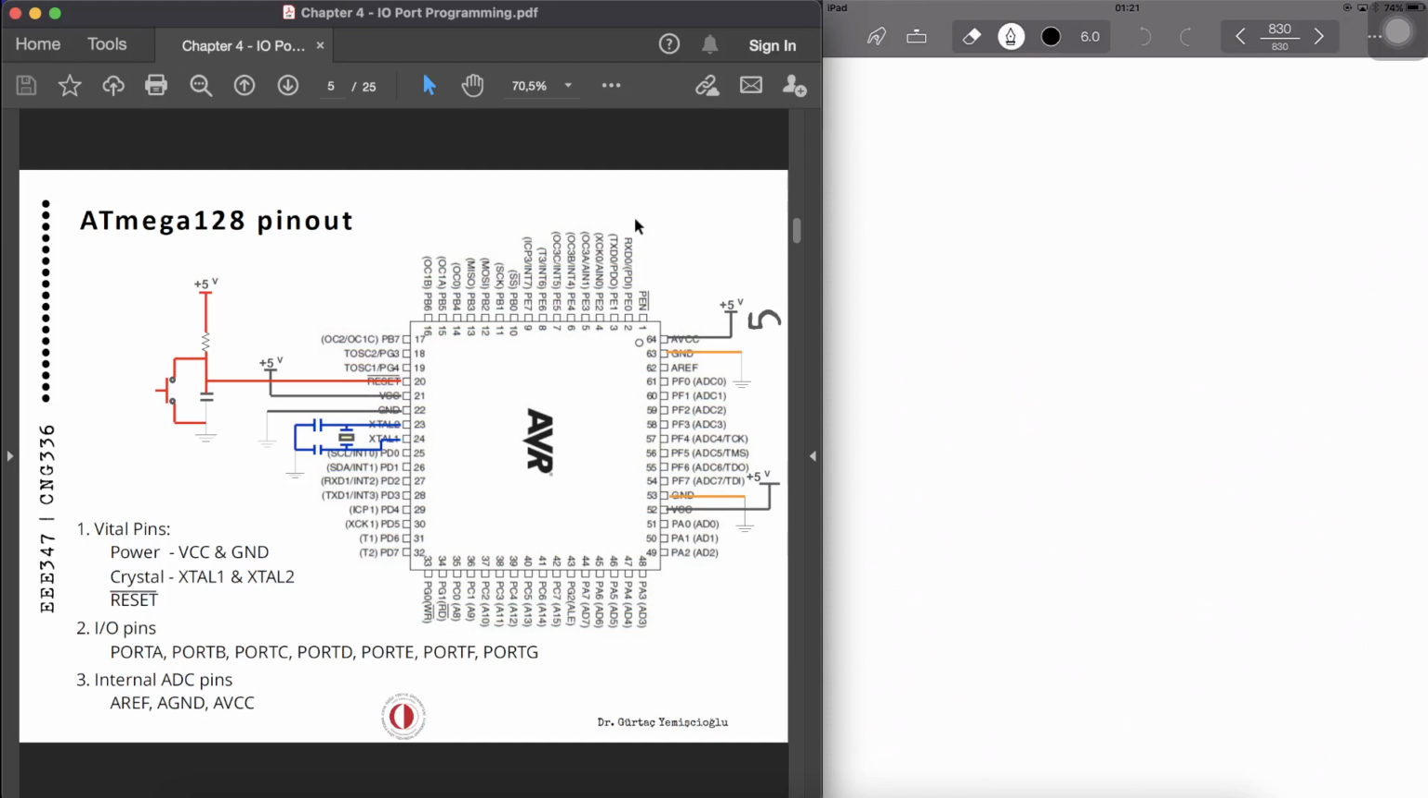Now, ports can be either inputs or outputs. And in addition to being used as simple I/O, as I already mentioned, each port has some other functions like analog to digital conversion, timers, interrupts, and serial communications, which we are going to see in the following lectures. Now, each port has 3 I/O registers associated with it, which are in the SFR, the special function registers in the I/Os. Now, what are those registers? The first one is